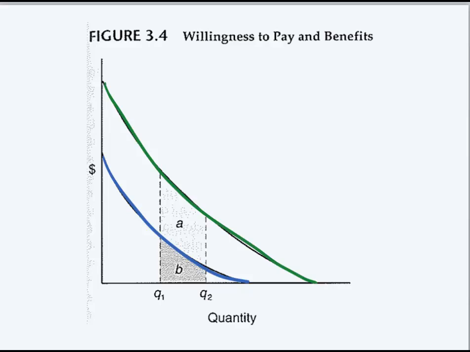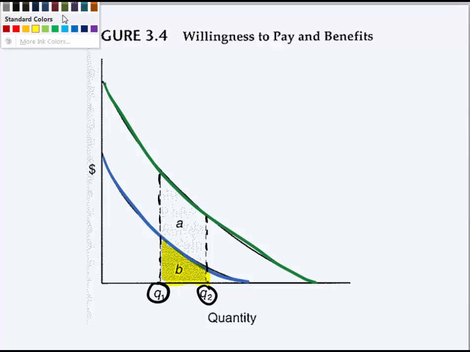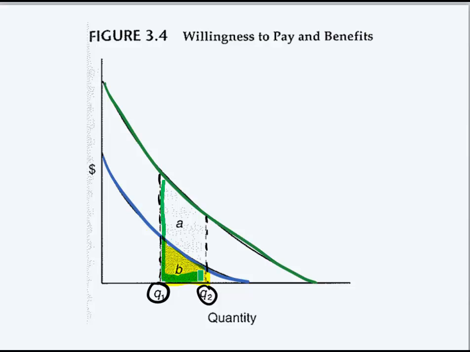and I change the quantity that each of these individuals, the blue and the green individual, gets from Q1 to Q2, then the benefits of the blue individual will be shown by this yellow area over here. So it's the area below the demand curve, the willingness to pay curve, and between Q1 and Q2. For, let's say, the green individual, it will be shown by this area over here, also below his willingness to pay line and between Q1 and Q2.